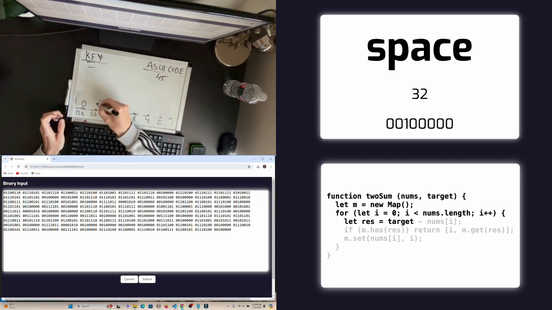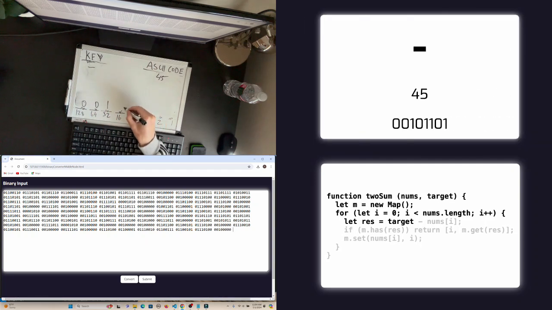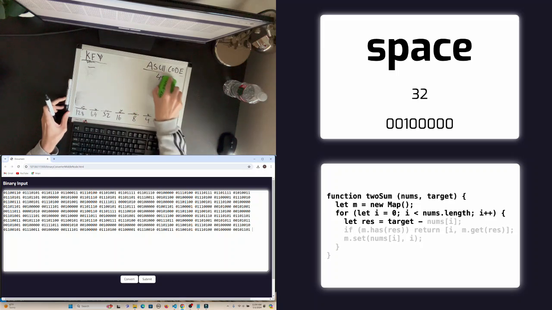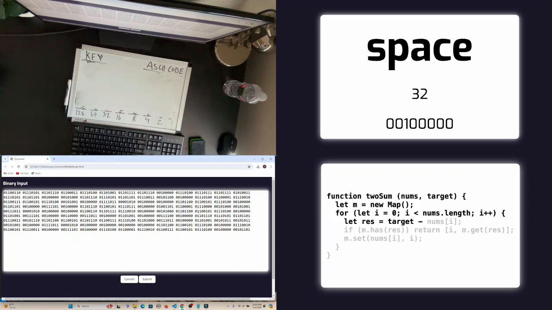Okay. 32 and 8's 40, 44, 45. Okay, 0, 0, 1, 0, 1, 1, 0. Okay, so we added in the minus sign, and so okay, that's 32. Yeah. Now we need another space,